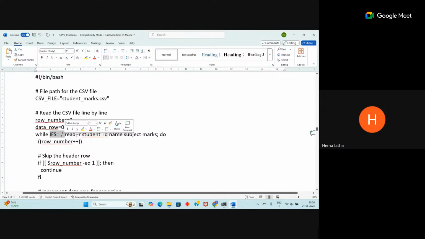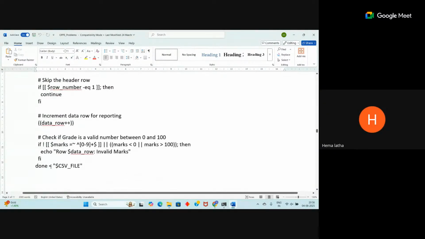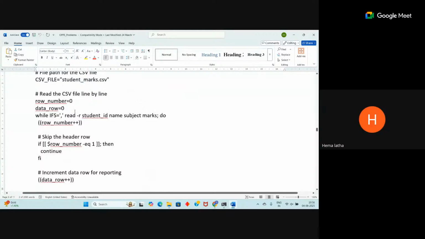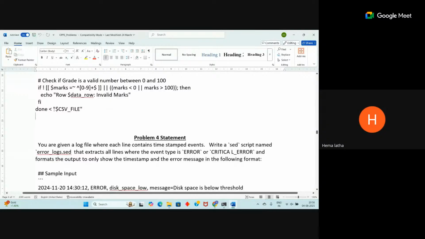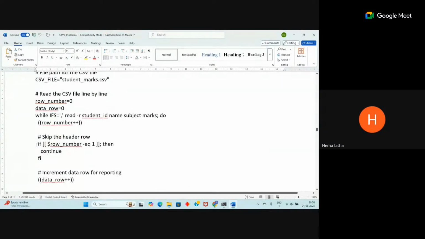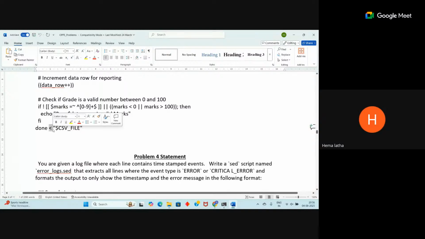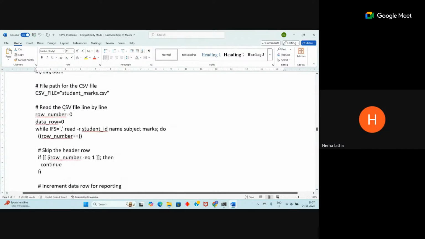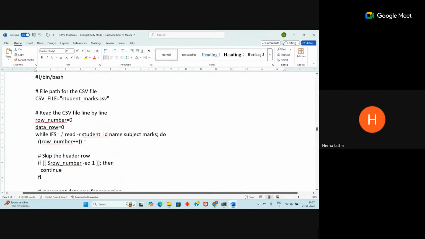Read -r means it will read, and at the end we are specifying less than and the file name. So from this it is reading. The command will not change, read -r only, but it is reading from this particular file. So at the place of done, they have shown the input redirection. From here it is reading line by line, and that read line it is storing in